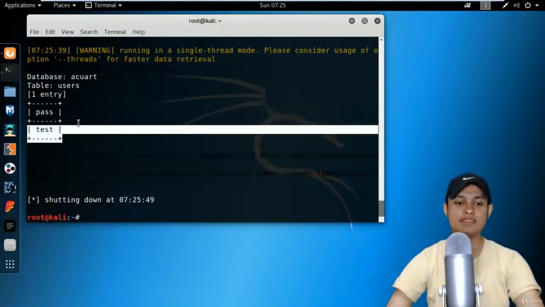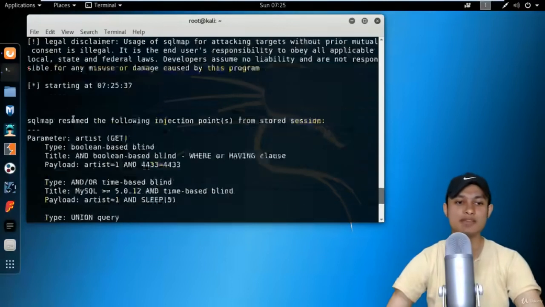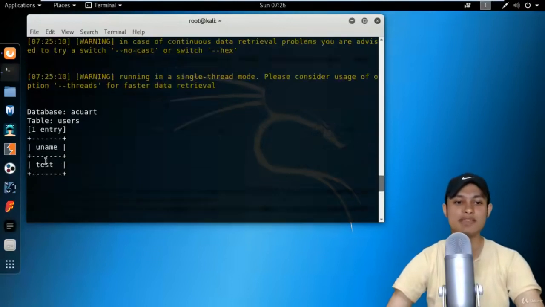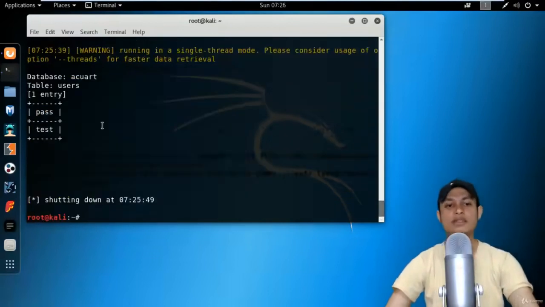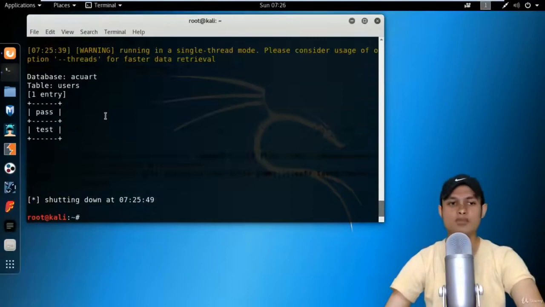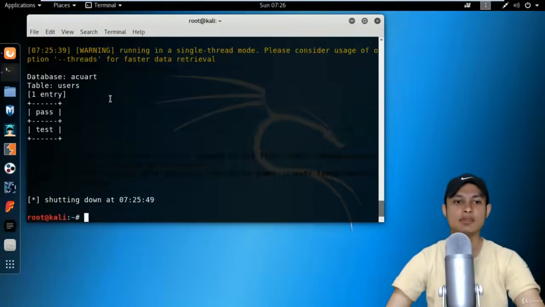So the username is test and the password is test. So you can see here that the username we got is test and the password is also test. So test is the username and password. That's great. You can also gather other information, but my goal was to gather username and password, so I got that. Now we got the username and password, and let's try if it works or not in the admin panel